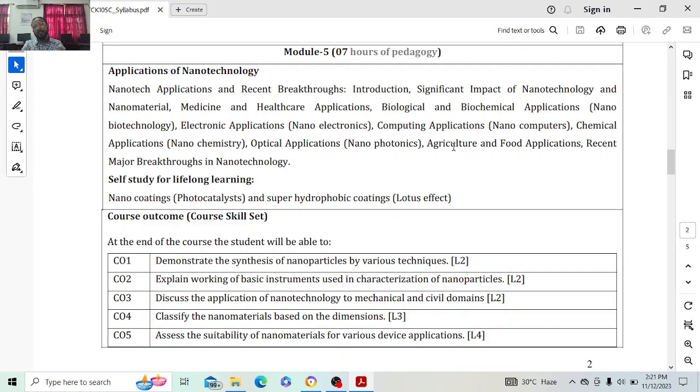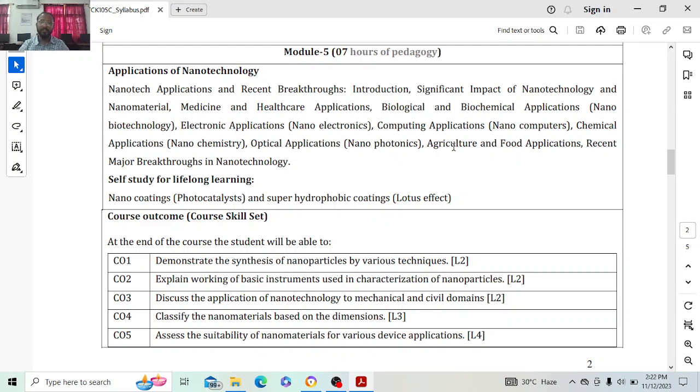I cannot explain nanoelectronics in one particular topic. It cannot be explained in one particular module also. Separate subjects are there for them. Okay. But for your basic understanding, we should just give a brief introduction about electronic applications or nanoelectronics, nanocomputers, or chemical applications of nanotechnology, that is nanochemistry, like nanophotonics, which are optical applications of the nanoparticles,